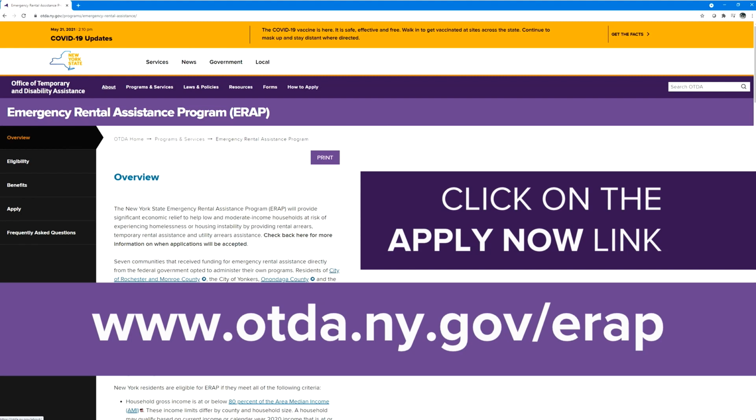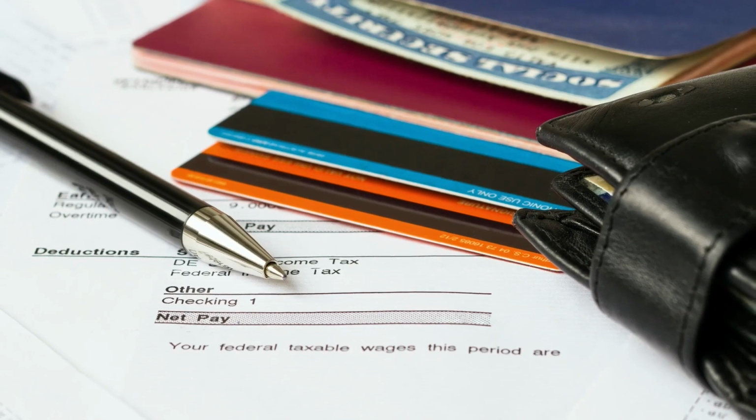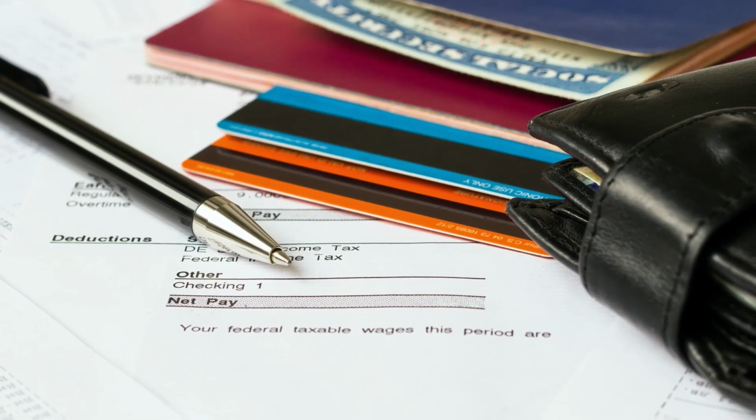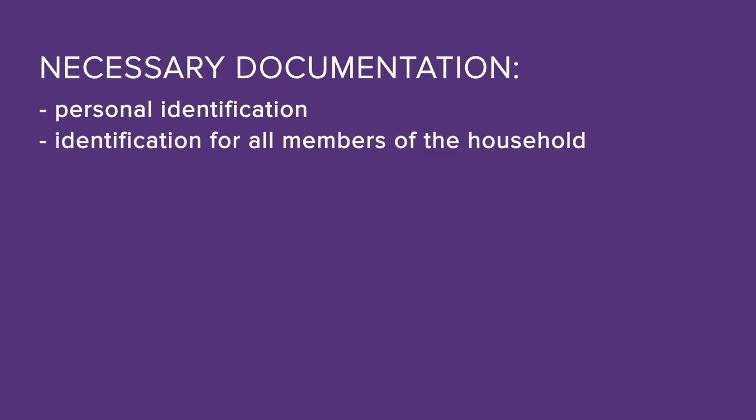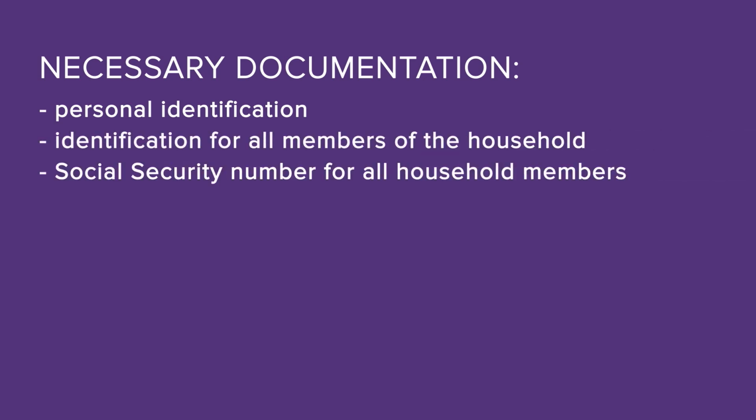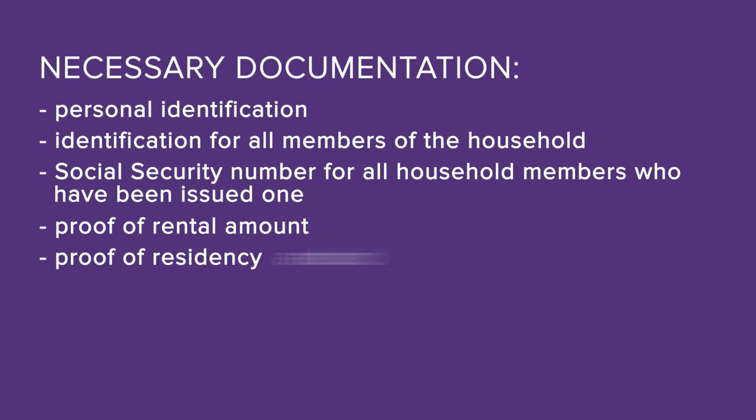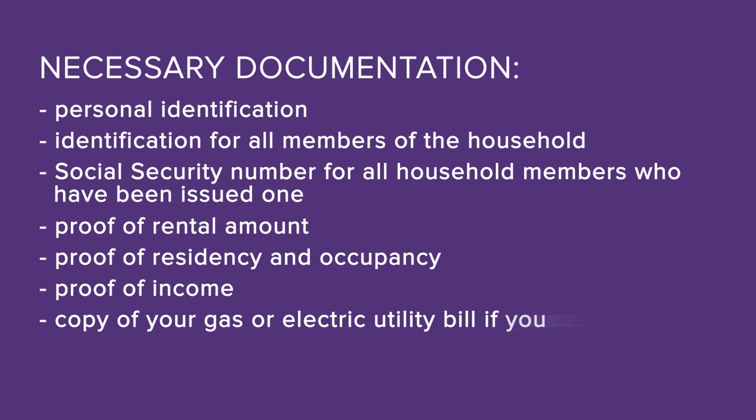in completing the application. Before getting started on the application, you may want to collect all of the documentation that you will need to apply. This will include your personal identification, as well as the identification for all members of the household, the Social Security number for all household members that have been issued one, proof of your rental amount, proof of residency and occupancy, proof of income, and a copy of your gas or electric utility bill if you plan to seek assistance for